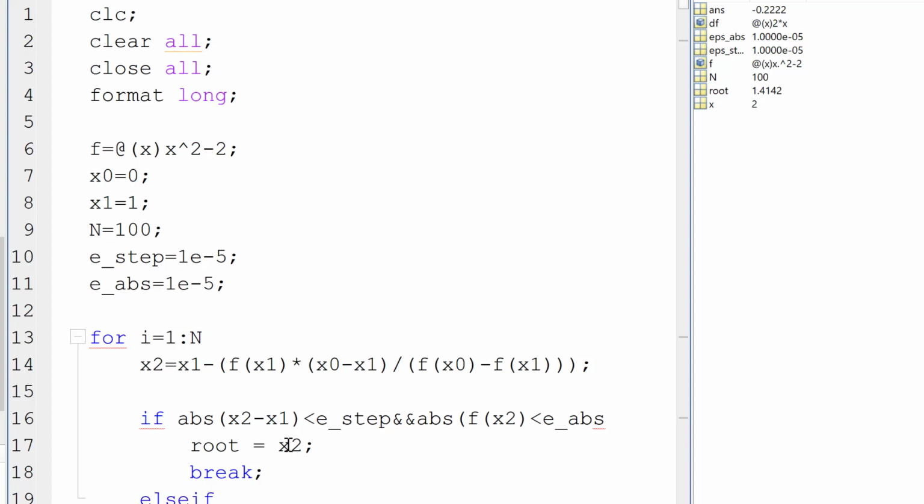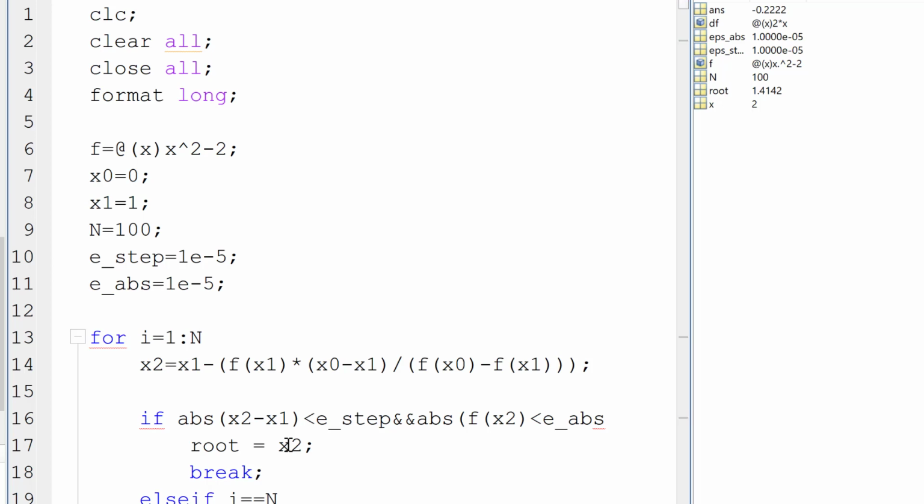So the second halting condition is that there is a division by zero problem, which means f(x0) is exactly equal to f(x1). If that happens, we need to terminate the iteration process. However, this scenario can be included in the third scenario. So the third scenario is that when the maximum number of iterations is reached, then we need to stop the iteration process. So when you have a division by zero problem, the process will not converge, so it can be included in the third scenario. So else if i equal to n, we can have an error message